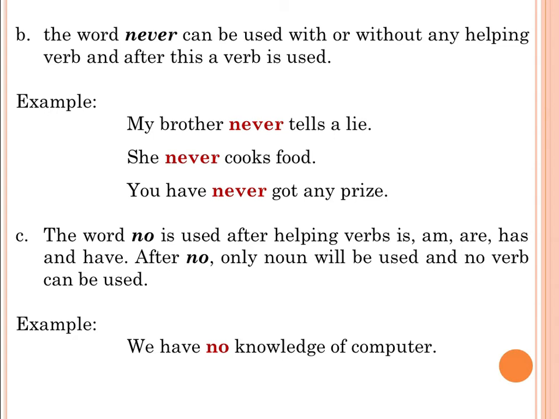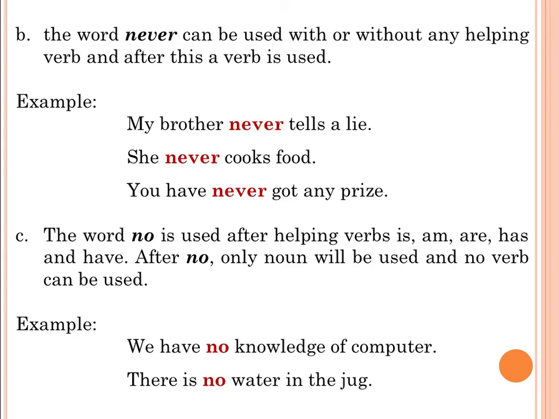Means through this word we cannot show any action happening, we can only show the possession or the existence of any noun present before us. Like in the second example, we can see there is no water in the jug. Now you can see the helping verb used here is "is", and the noun after "no" is water. So we are showing that water does not exist in this jug. So these are the ways in which we can change affirmative sentences to negative sentences.